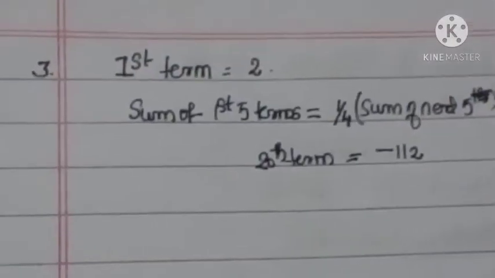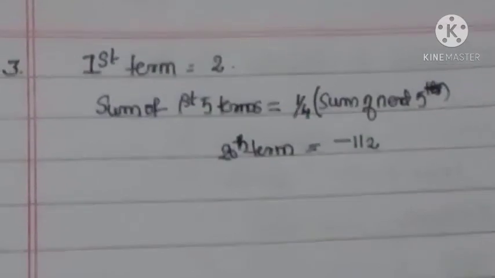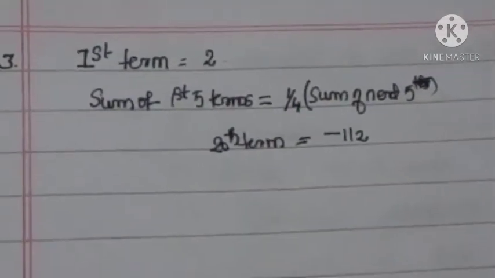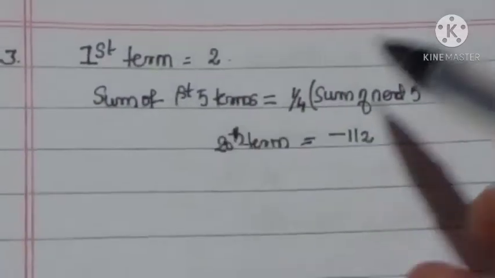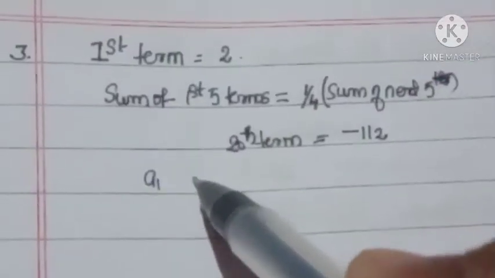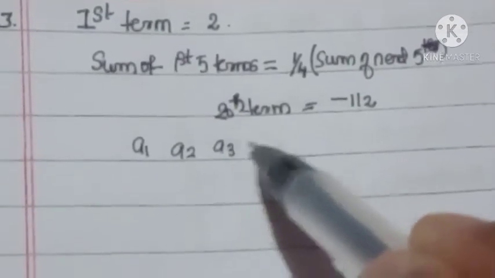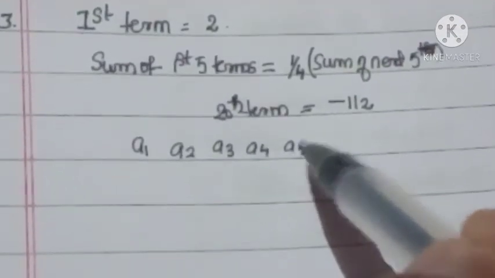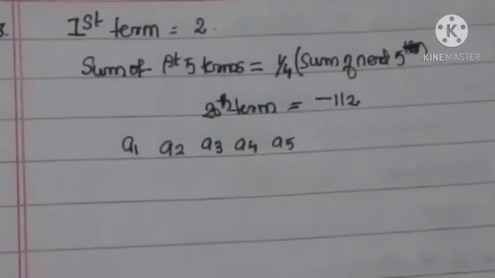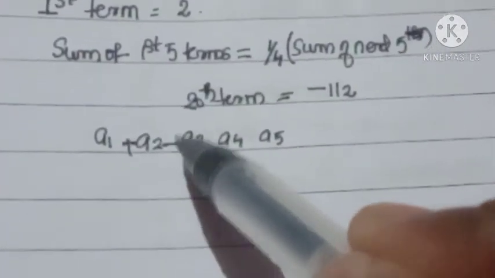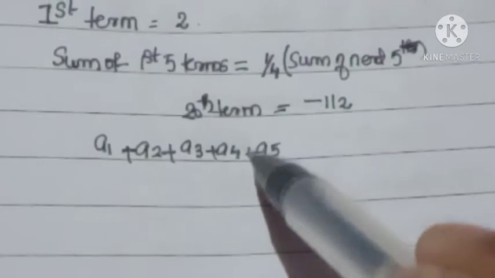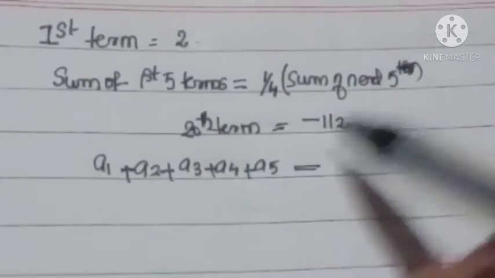So the first term is given and a condition is also there. Let's start from this condition. Sum of the first 5 terms. What are the first 5 terms? A1, A2, A3, A4, A5. So what is its sum? A1 plus A2 plus A3 plus A4 plus A5. This is equal to